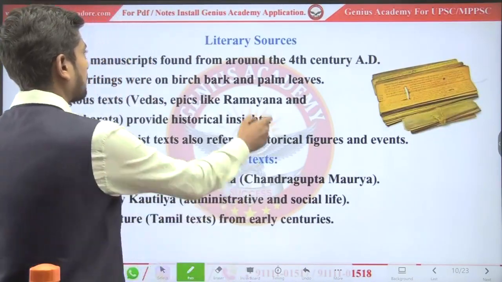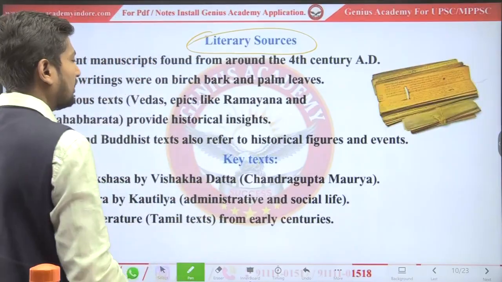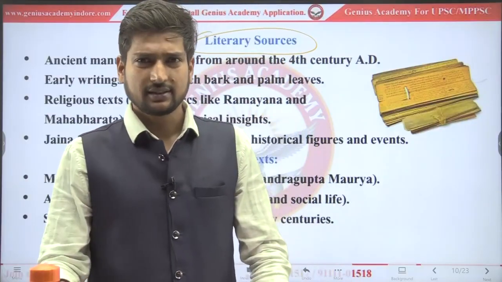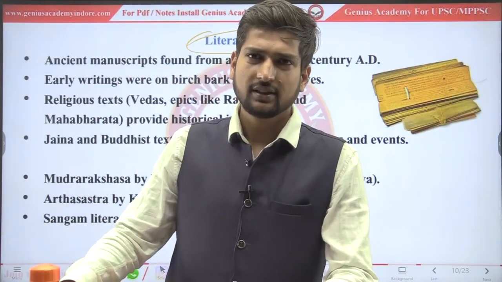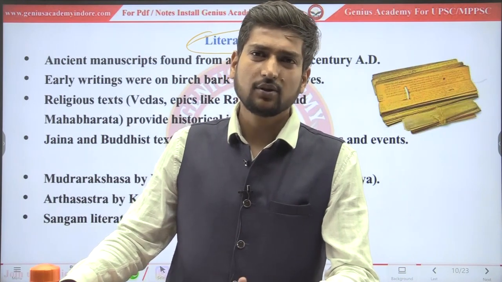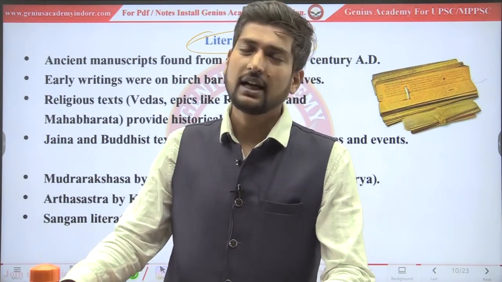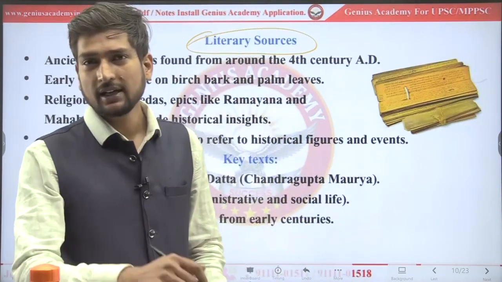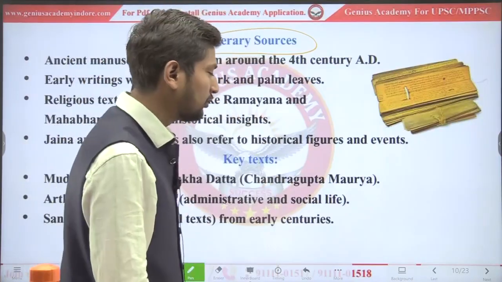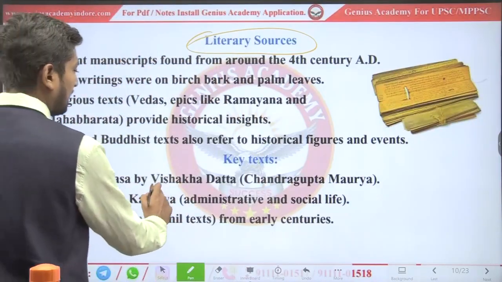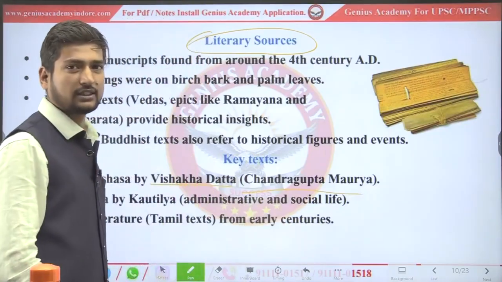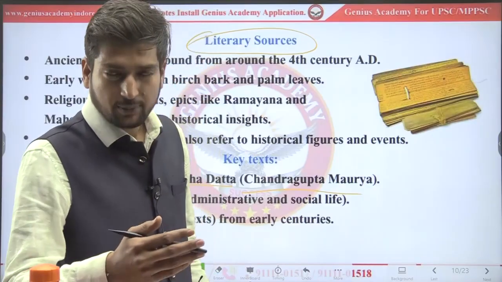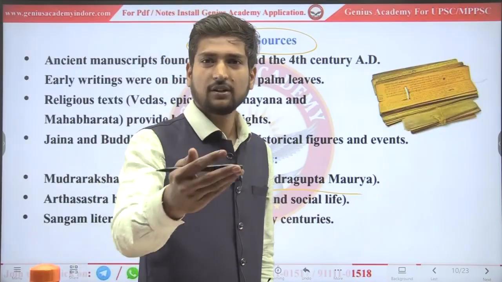Let's look at the next source, literary source. We can get literary source not only from the Vedas. During the Vedic period, they are of religious type, or some are secular, which are written by the poets. Ritusamhara by Kalidas, Mudrarakshasa by Vishakhadatta, in which he explained how Chandragupta Maurya, with the help of his minister Chanakya, became the king of Magadh.